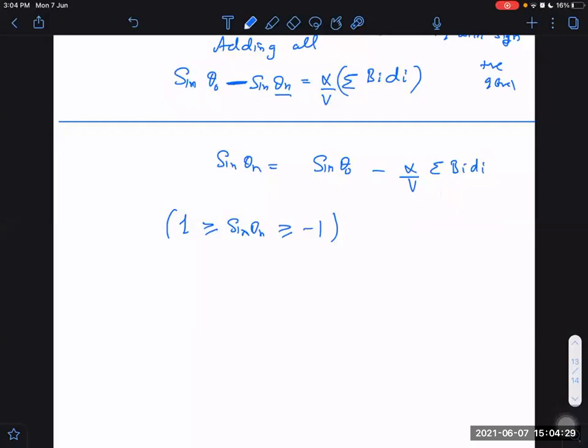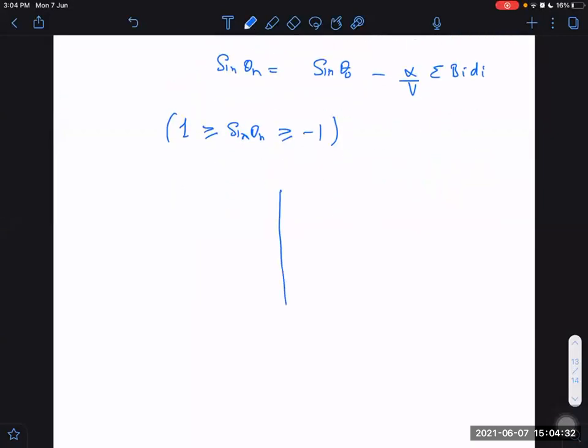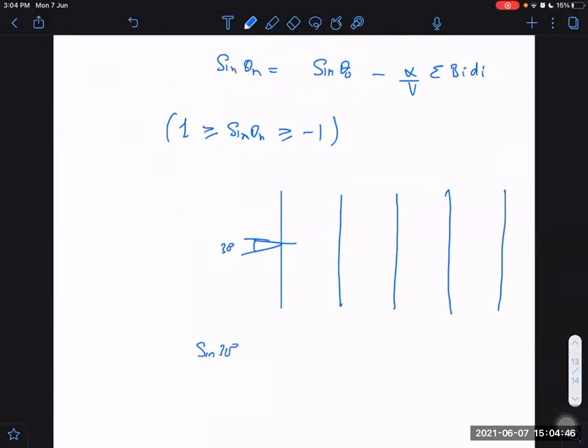So in case the examiner has given you this question, he is giving multiple values, and 3 or 4 such regions are given: 1st region, 2nd region, 3rd region, 4th region. Then what do you have to do? Start with our first value, sin theta naught. Let us say theta naught is given as 30 degrees. I will start with sin 30, which will be half, minus, and now keep on calculating alpha by v and the distances. Keep on calculating and keep on checking what value we are getting.